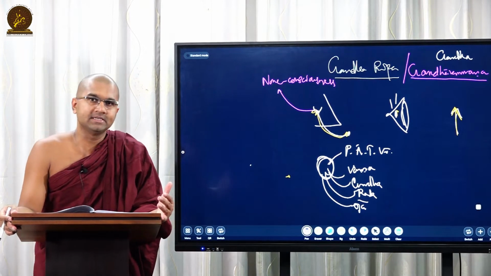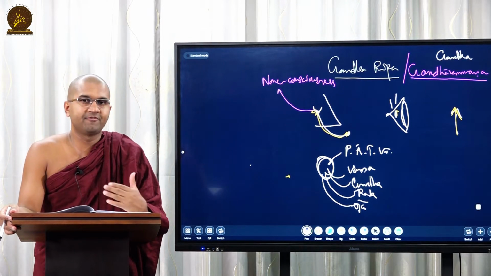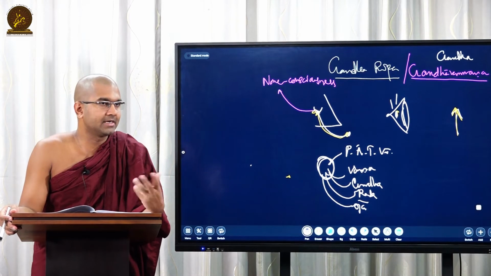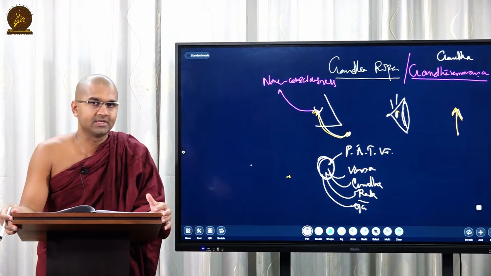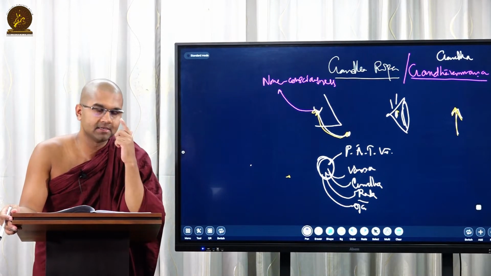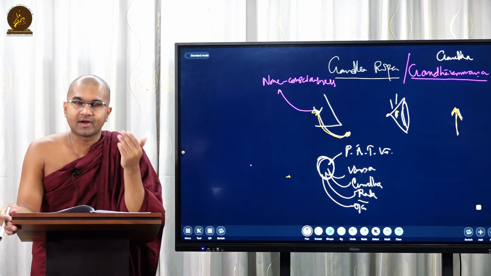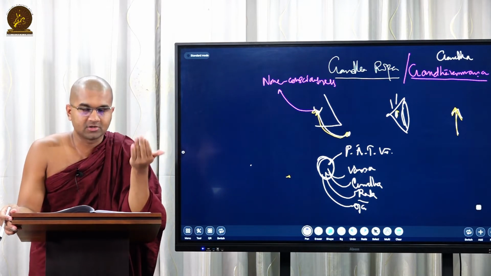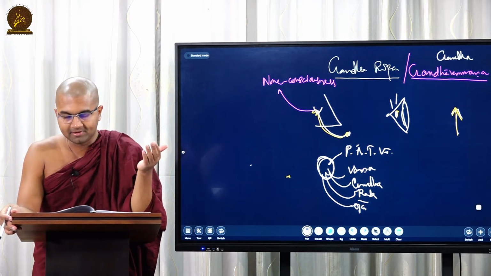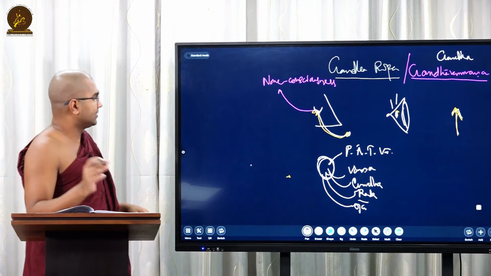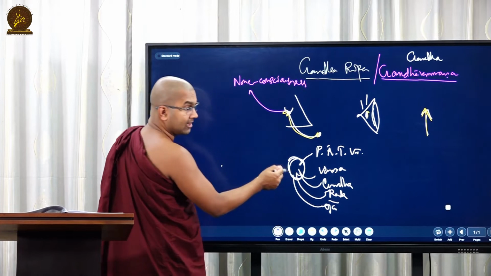Normally what happens is, when a material object fumes the smell, particles endowed with the Gandha enter into our nostrils and strike against the Ghana ayatana, we call the nose sensitivity. And this striking causes another consciousness, which is called Ghana Vinnana, to occur there. That's normally what happens. A very important factor is that the Gandharupa, the particles which carry the Gandha,